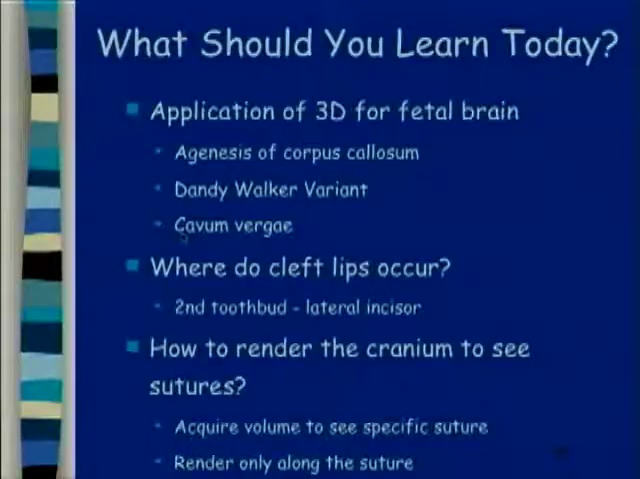How do you render the cranium to see the sutures? You need to acquire the volume with a specific suture in mind, so that you won't get shadowing, so that you can get a picture coming directly down on that suture, whether it's the coronal suture or whether it's the sagittal suture. And you must do only one side if you're looking at the coronal suture, one side at a